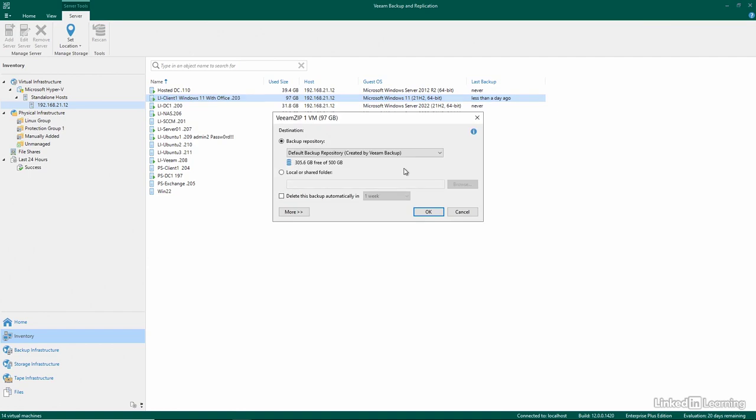Now I have some additional options here, such as I can choose a backup repository, such as my local one or my NAS backup, or I can choose a local or shared folder just by selecting this option and browsing to it. I can also choose to automatically delete the backup in case I don't need it after a certain amount of time. I'm going to choose the NAS backup repository I created in an earlier video, and I can